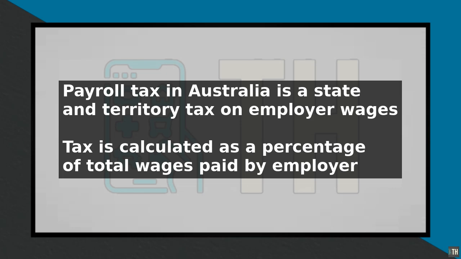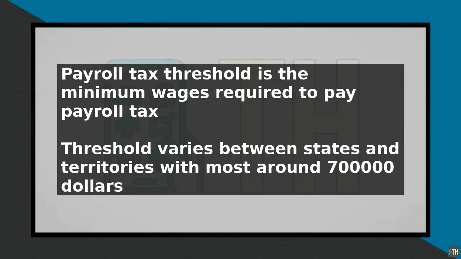Firstly, it is essential to understand the payroll tax threshold, which is the minimum amount of wages an employer must pay before they are required to pay payroll tax. In Australia, the threshold varies between states and territories, but most states have a threshold of around $700,000 to $1